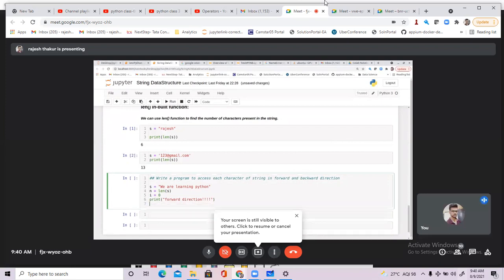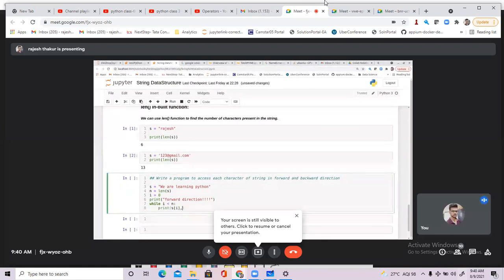And here I'm going to check while i is less than n, print s of i. And slicing also I had discussed in the last class.